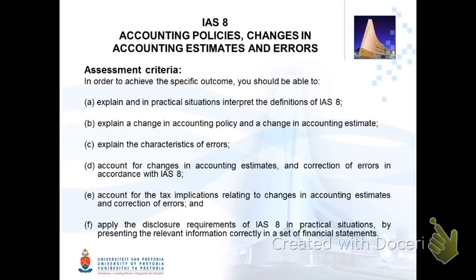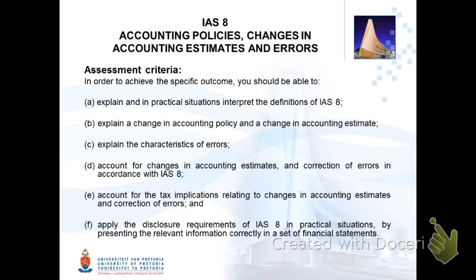In order to achieve these specific outcomes, you should be able to explain and interpret the definitions of IAS 8, explain a change in accounting policy and a change in accounting estimate, explain the characteristics of errors, account for changes in accounting estimates and correction of errors, and account for the tax implications relating to changes in accounting estimates and the correction of errors, and then finally, very important, be able to apply the disclosure requirements in practical situations of